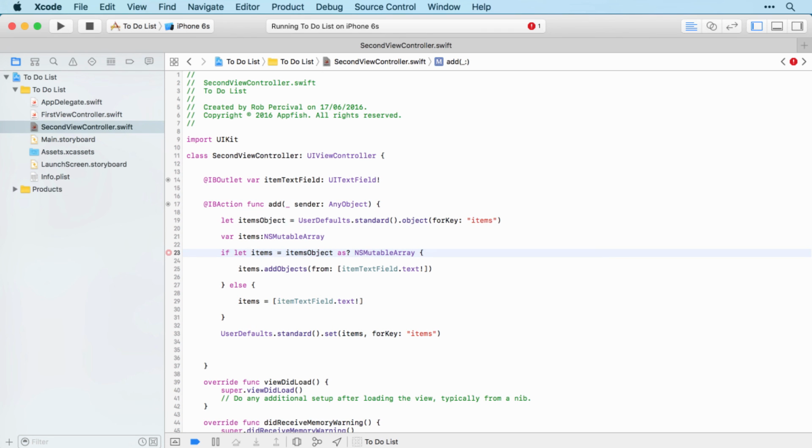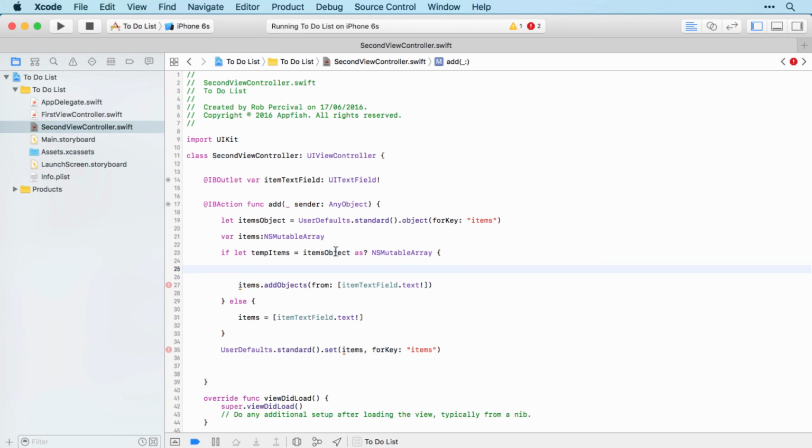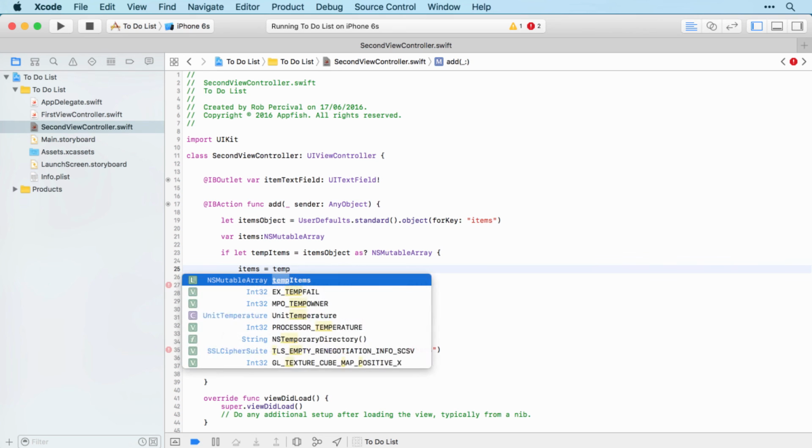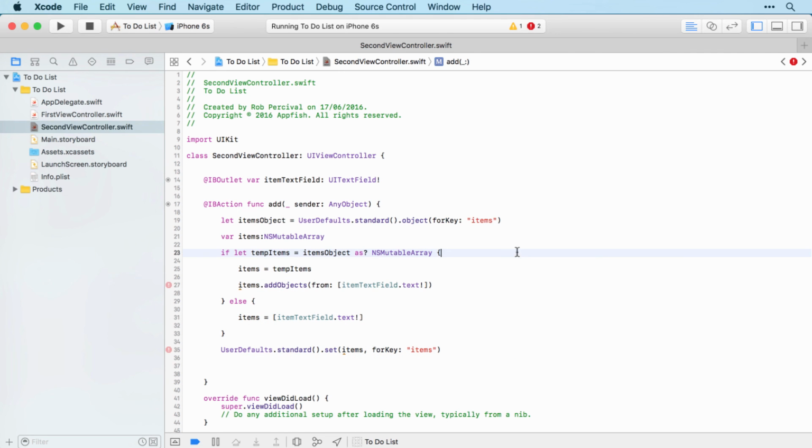We can just use another variable. I'll call it tempItems, and then if this works, we can let items equal tempItems, and then add the object